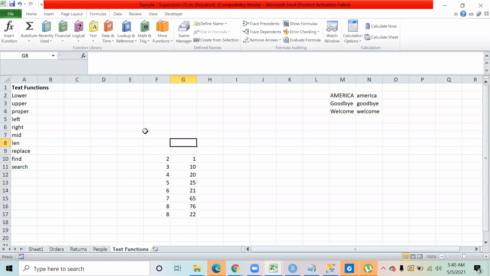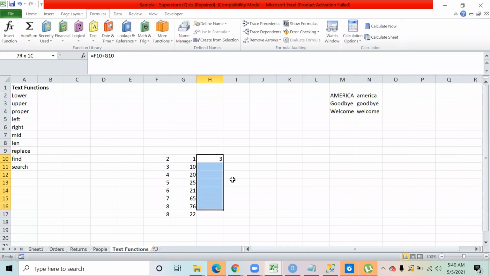If I want to add these numbers, this number and this number, this number and this number, now if I say equal to this number plus this number, I want to add F10, the number lying in column F, row number 10, plus column G, row number 10. I want to add them.